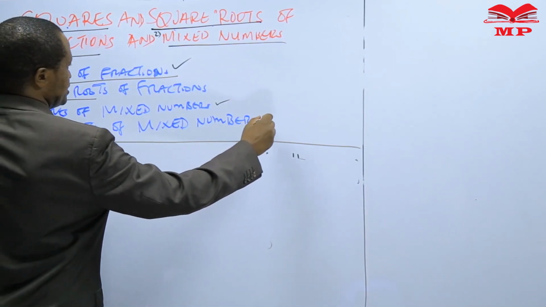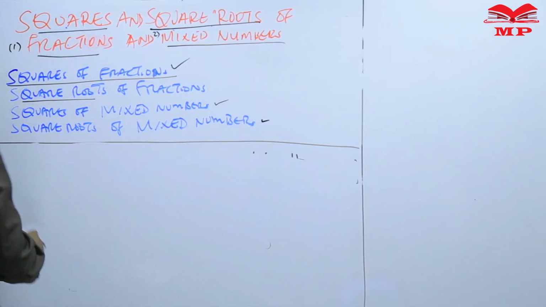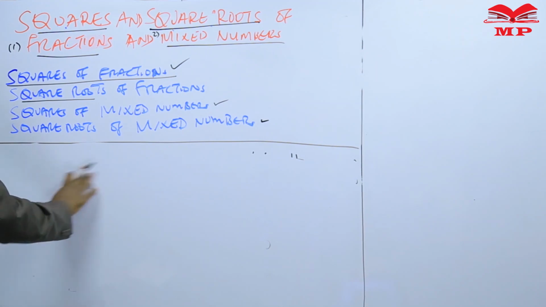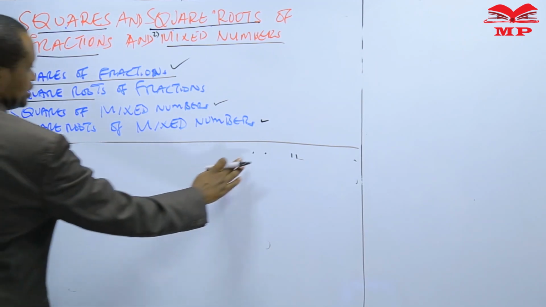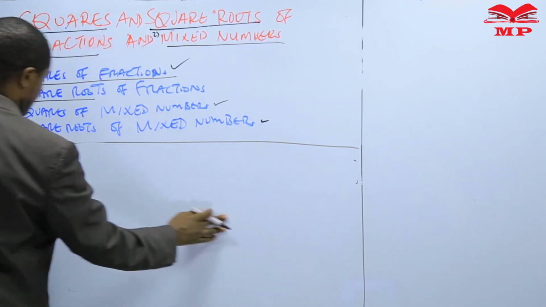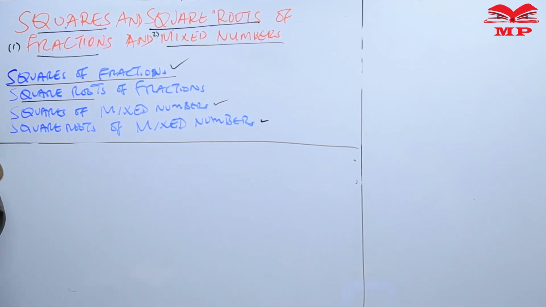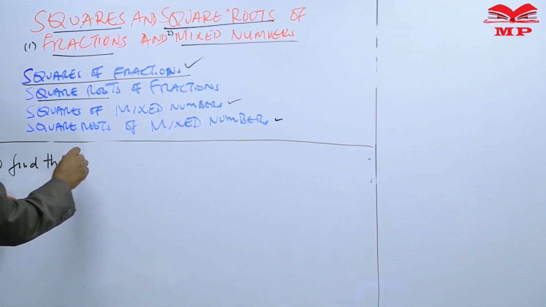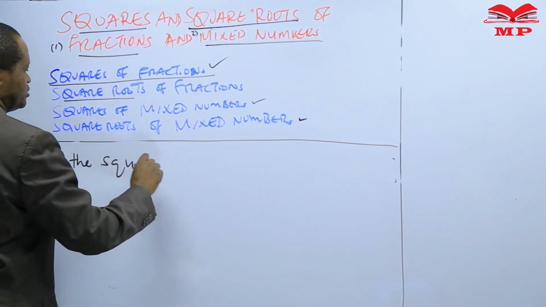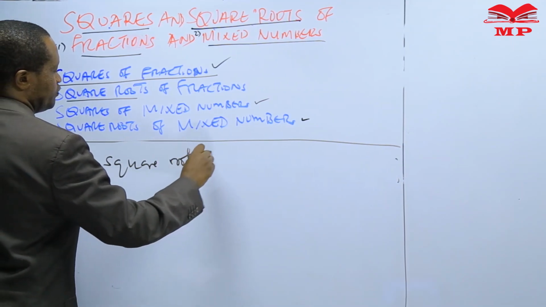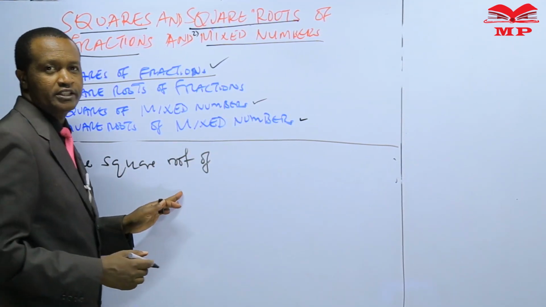How do we go about it? To find the square root of a mixed number,